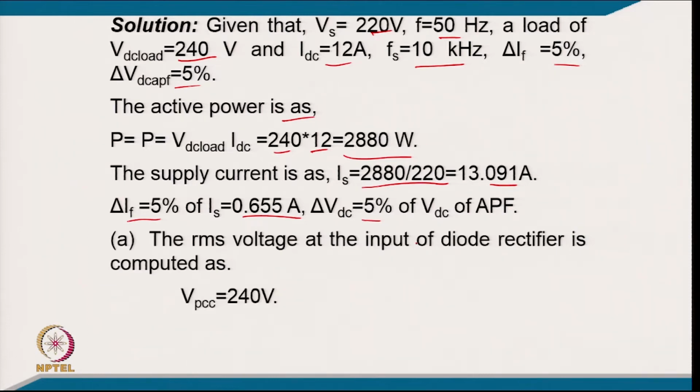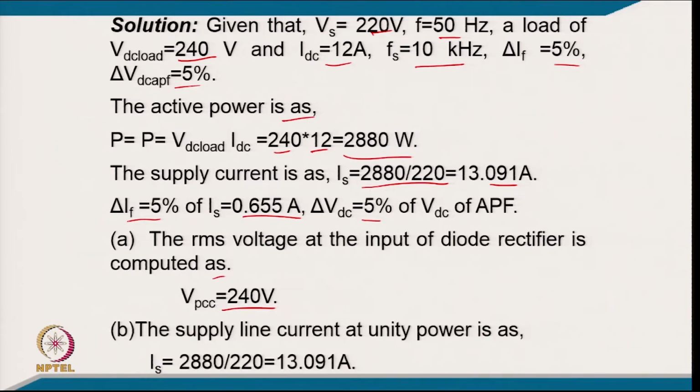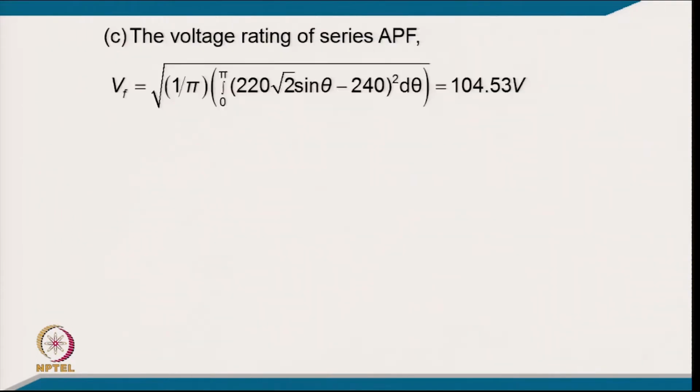So, the supply RMS voltage at the input of the diode rectifier, which is like a square wave, will be the same as the DC voltage at the output. So, that is 240 volt. Now the supply line current at unity power factor will be power divided by 220, so that is the same as we calculated, 13.091 ampere. And the voltage rating of the series active filter we can calculate, because the supply voltage is a sine wave of 220 volt RMS and the peak will be 220 root 2, and the diode rectifier input is 240 volt. Because it is a half wave symmetry, we can take 2 upon 2 pi and take a root of this. So, we get this voltage,